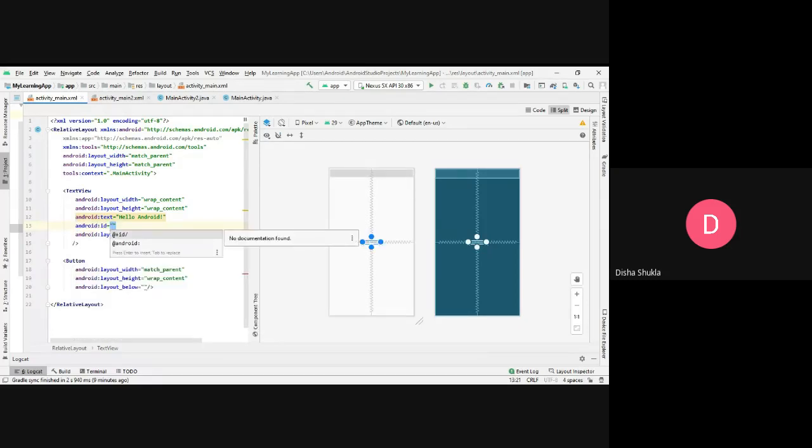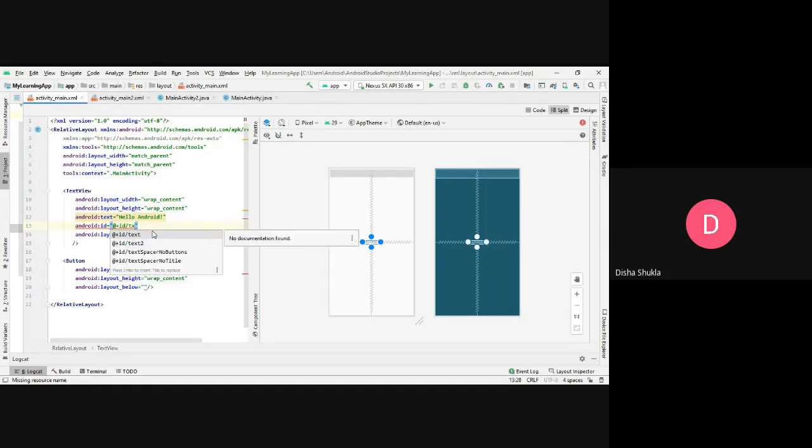Now for mentioning the id, you are supposed to write @ plus id and slash. By default you will get this when you click Control Space. At the point android:id equals double quotes, if you press Control Space, you will get the auto suggested code. There you simply use @+id and then provide the id.